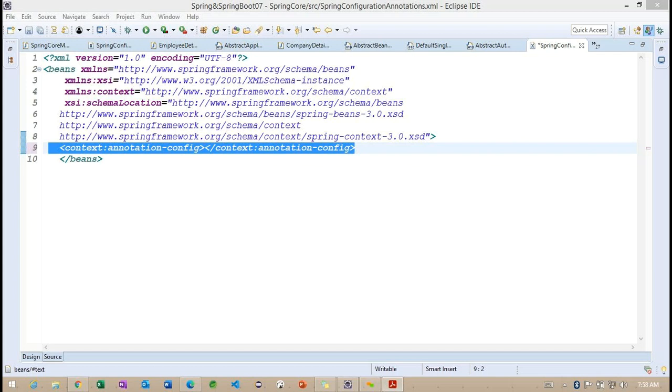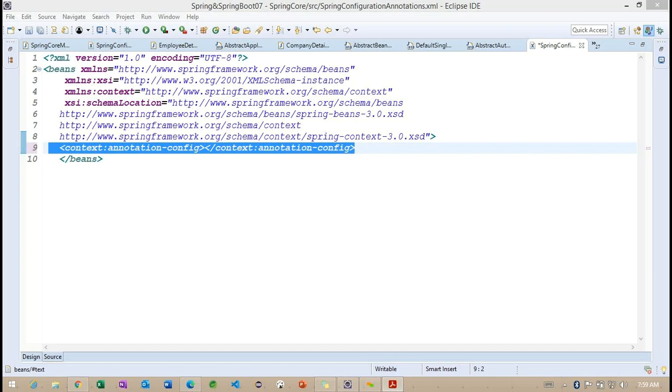Why? To provide the information to the container, we work on configurations like annotations. So we'll specify the first tag, context colon annotation config. Using this tag, the AutoWire related information we are going to work on.